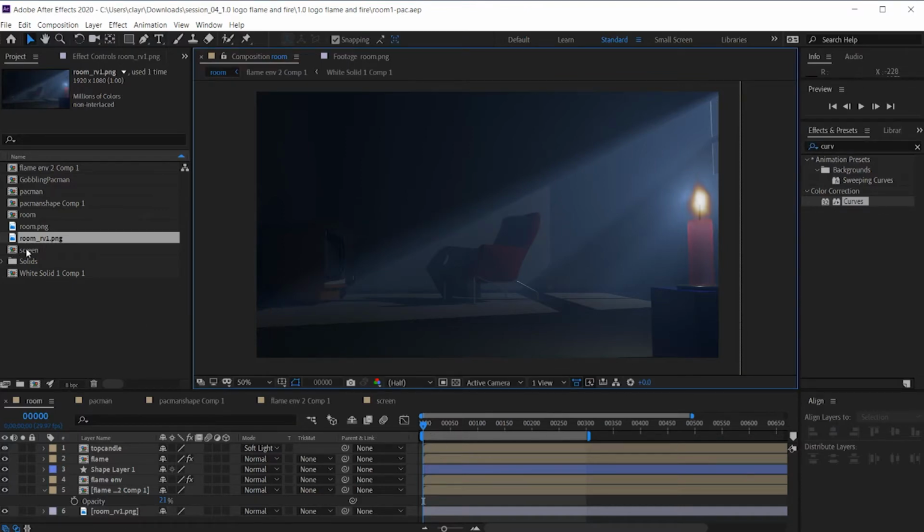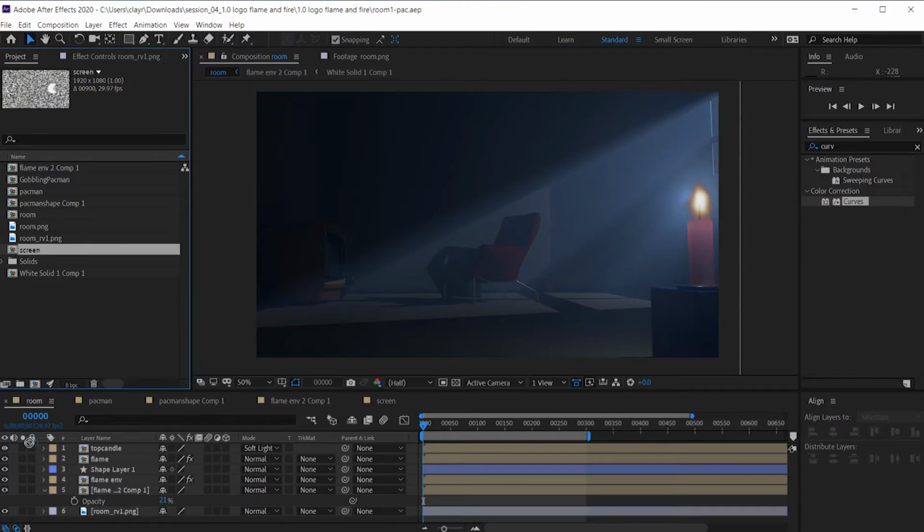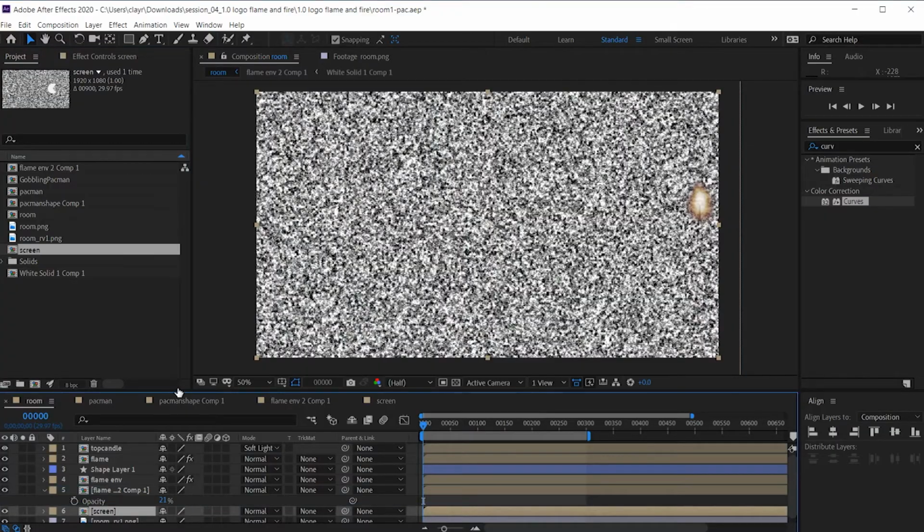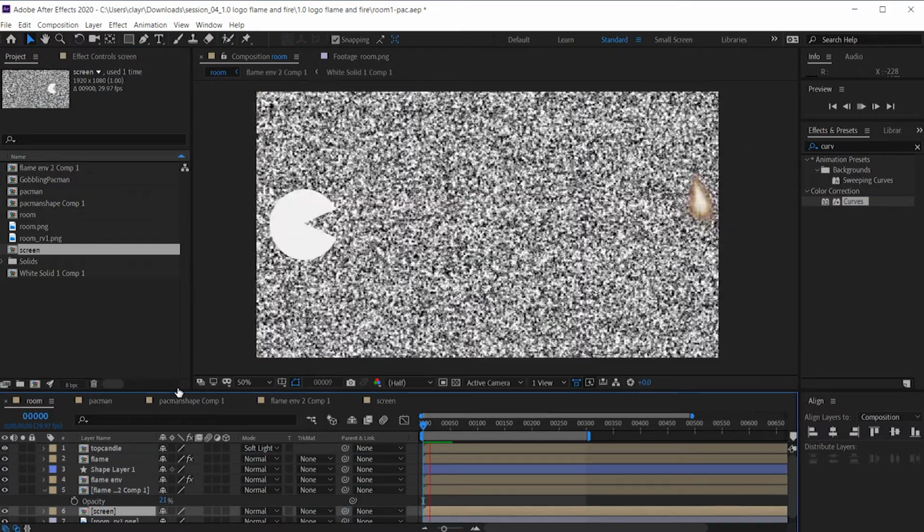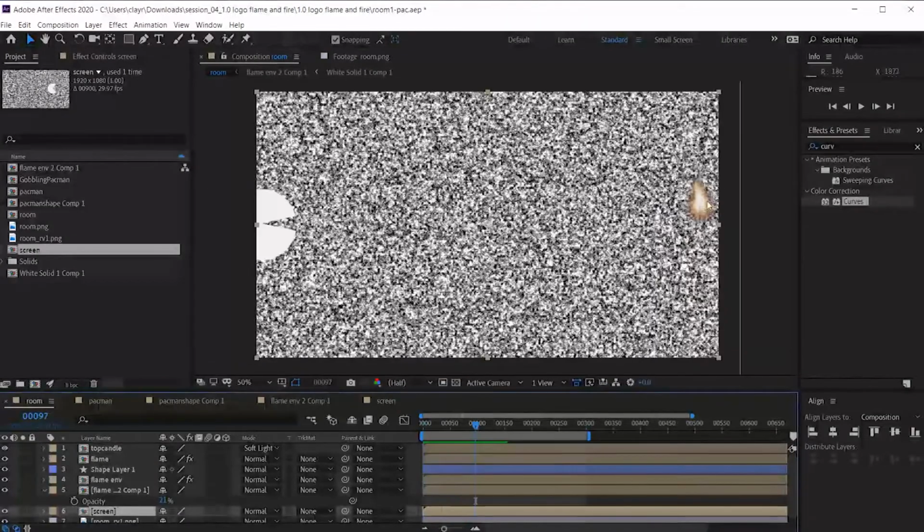Now it's time to combine the screen onto the TV layer. So there it is, very big. Our screen layer does have Pac-Man, and now it's gobbling up this flame. We have different options to put this on the TV set. One would be the same way rain is done, using a Luma mask to create dimension, and then applying that to this scene. And so the dimension we would create is this three-dimensional glass, curved glass, and doing a gradient